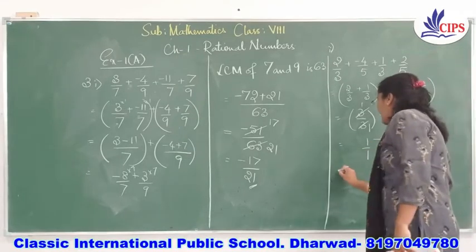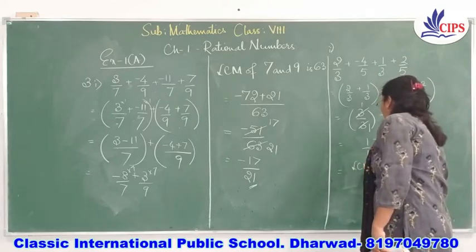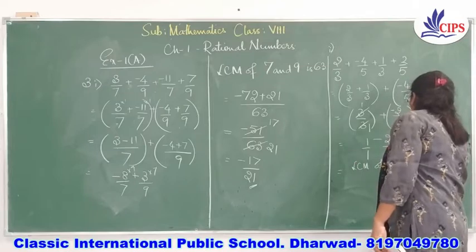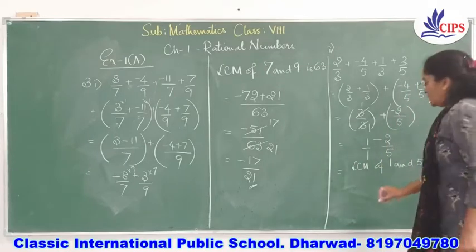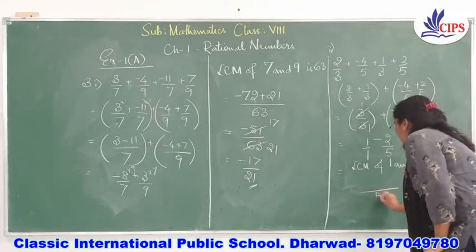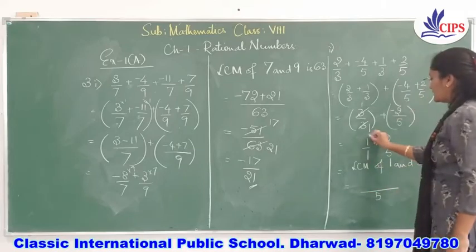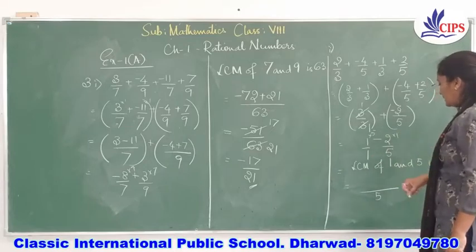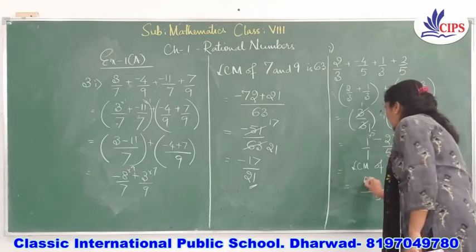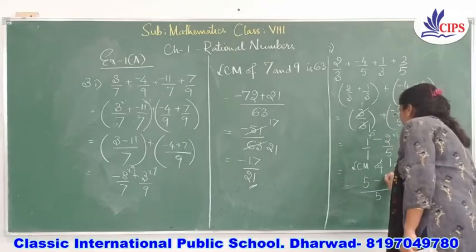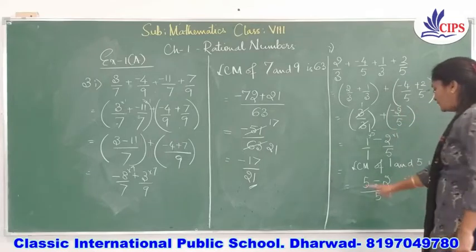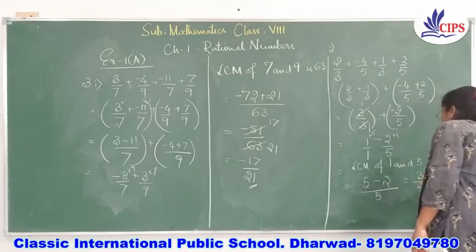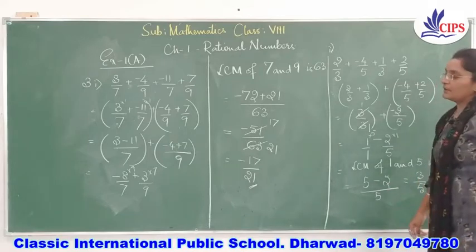So we'll find the LCM now. What is the LCM of 1 and 5? LCM of 1 and 5 is 5. So now I'll write the LCM 5 for both, and here 1 fives are 5, I'll write 5 here, and 5 ones are 5, I'll multiply 1 here. Now 1 five is 5 minus 2 ones is 2. So now 5 minus 2, what is 5 minus 2? 3. So here it's 3 by 5, which is a rational number.